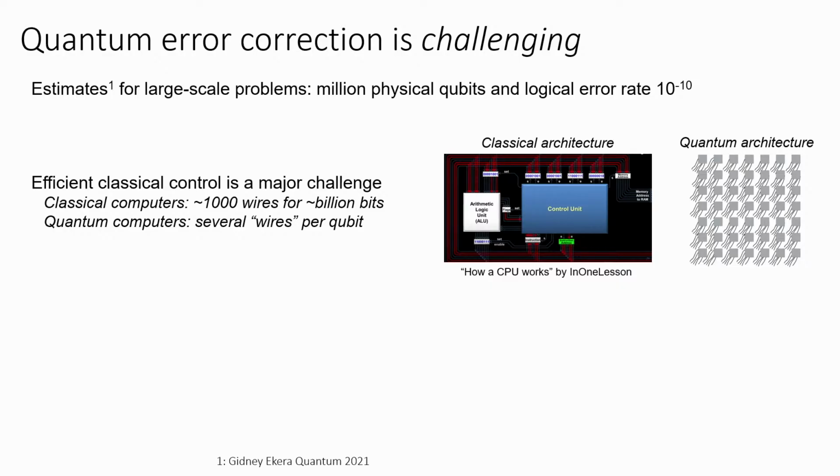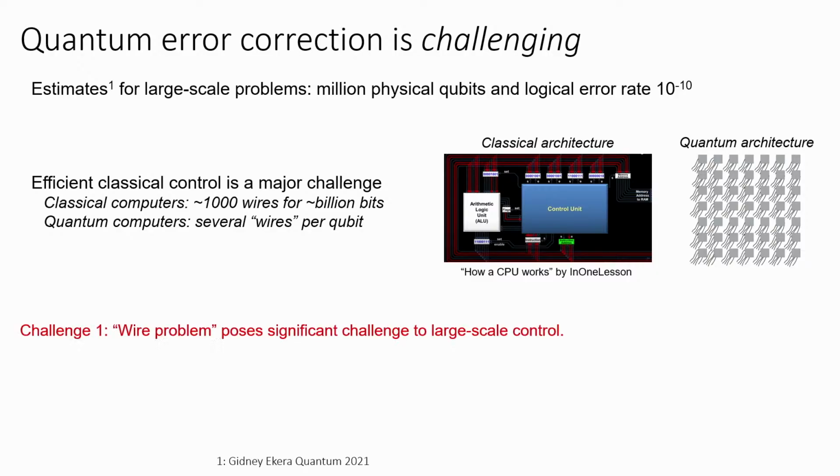A lot of the quantum computers we've built so far work in this way where you make a small device in the lab, and you do it qubit by qubit, and then you try to scale it up by increasing the size of the system, adding more connections and more wires to each qubit. And that's quite different than the way we do control in, for example, our classical computers, where we've gotten very good at doing things like taking 1,000 wires to control billions of bits in the system.